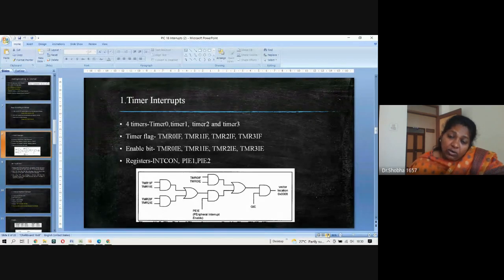Okay. And also you have another signal called the peripheral interrupt enable. So in the PIC IC, you have a global enable which is to enable all the interrupts. Then you have a peripheral enable so that all your peripheral signals like timer, ADC, all that are enabled. So you have to enable that, and then you have to enable all the timer interrupts which you're going to use, or any other interrupts also. But then how do you know that an interrupt has occurred? You have to check for the interrupt flags.